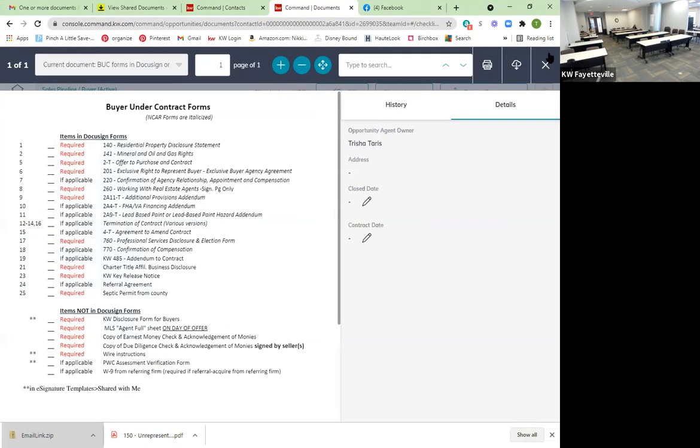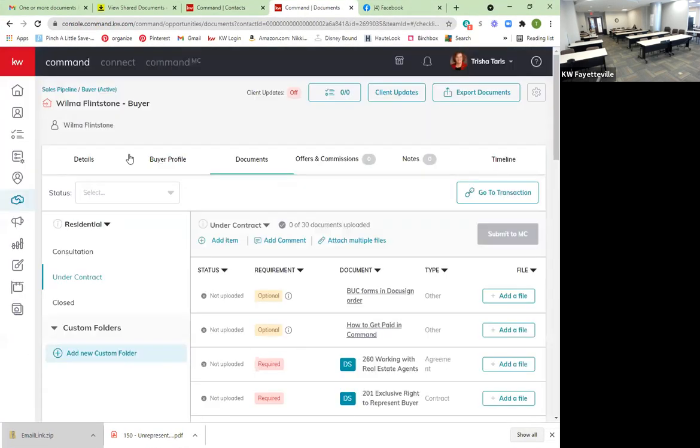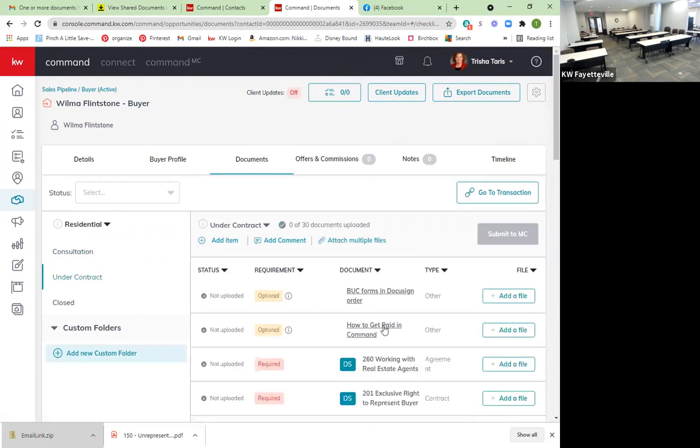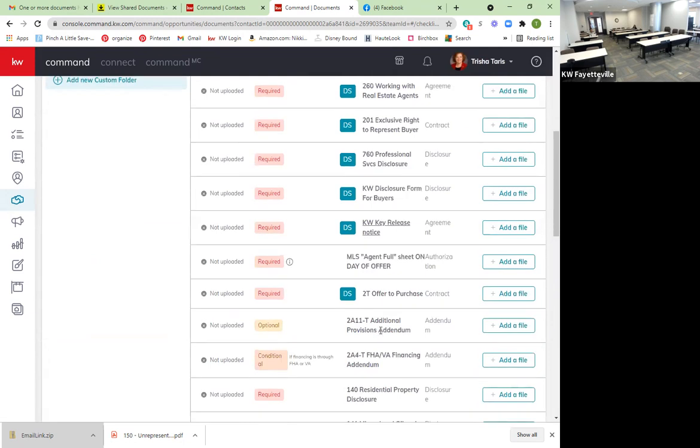So when you go into command and you've got the person, you've made a contact for them, and you make an opportunity for them. Okay, so you're in the opportunity. It looks like this. And then over here it says residential consultation, under contract, or closed. So you're going to write an offer, you hit under contract, and then this whole list of papers comes